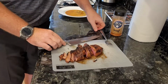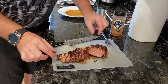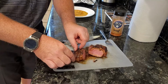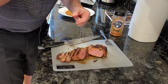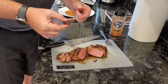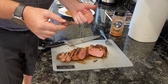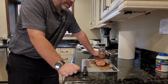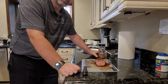Let's take a look. Very juicy. We've got a pink center. Take a bite. Let's take one from about mid here. I approve. So in summary, what we did was we took this piece of Teres Major, seasoned it with Mojo beef,